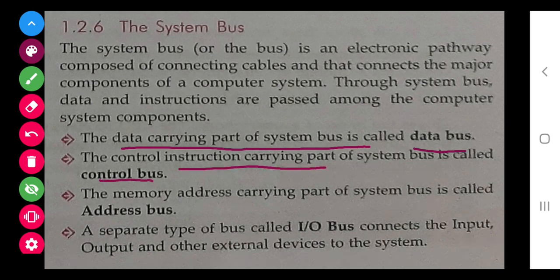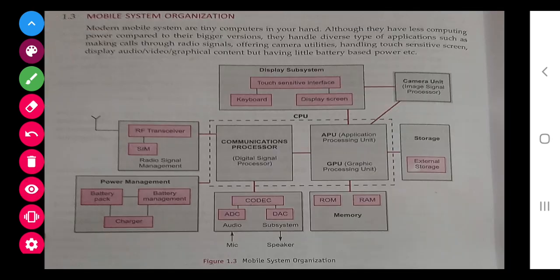Control bus, this bus carries the control instructions. If you want to connect any input device or any hardware to the computer, then the control bus works with that. It sends the information to the motherboard that one more device is available. Similarly, to save the memory address, the address bus is there, and so on. So class, this is the thing.